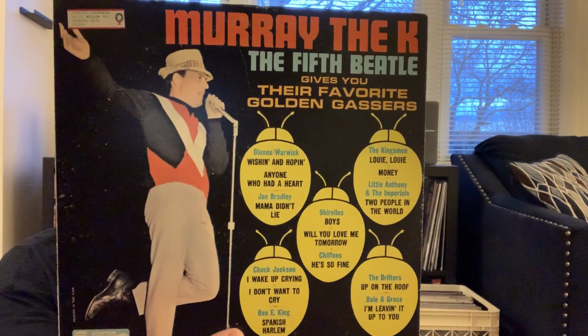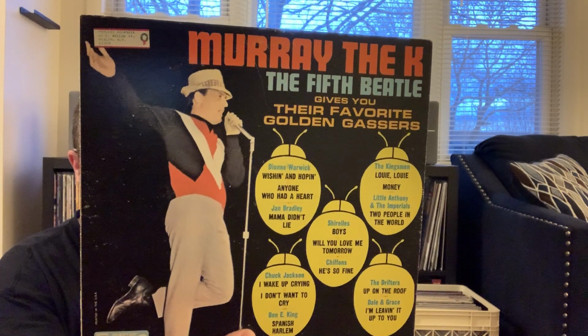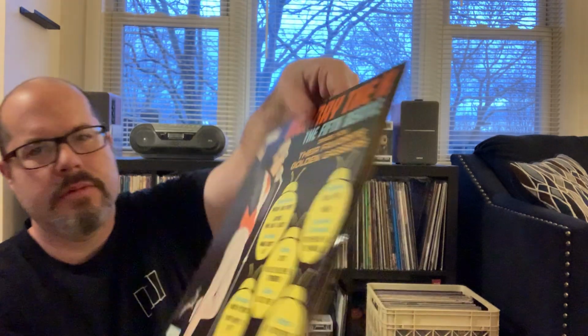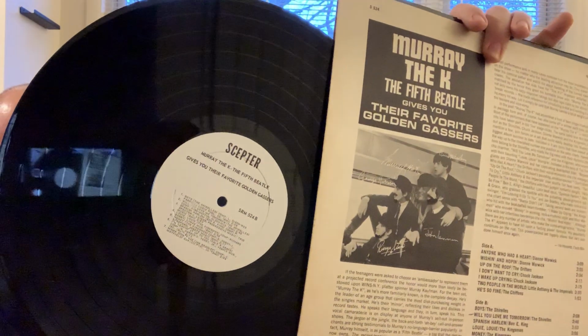Gives you their favorite Golden Gassers. Has got Dionne Warwick on here, the Drifters, the Kingsmen, Jan Bradley. This is on Scepter. Okay, Scepter must have been a white label too. Unless this is a promo as well, but I have a feeling Scepter was probably a white label. And the last one,